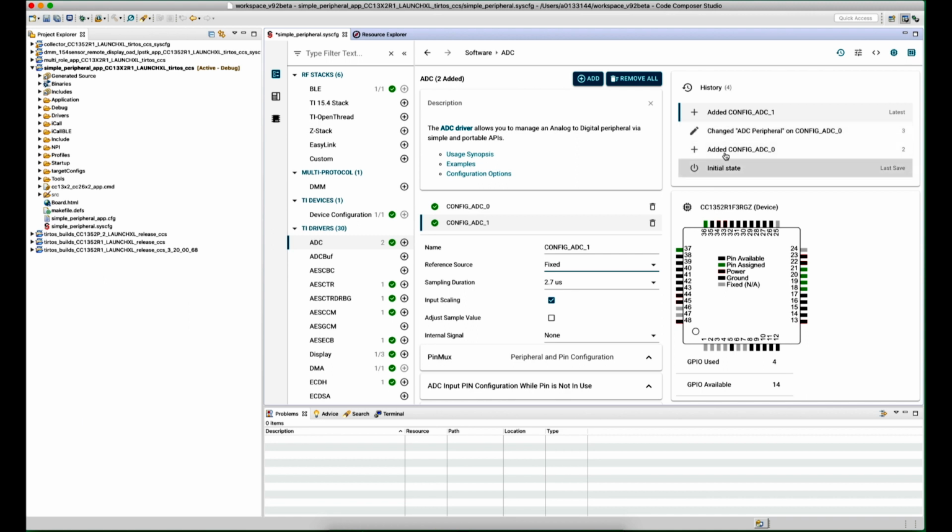Oh, that's nice. So you can go back all the way to your initial state, or you can roll back to maybe 1 or 2 edits ago. And that way you don't get lost, as you're clicking through the user interface and adding and removing different components. You can actually see every change and every modification and roll back to any version of that file, depending on your needs.